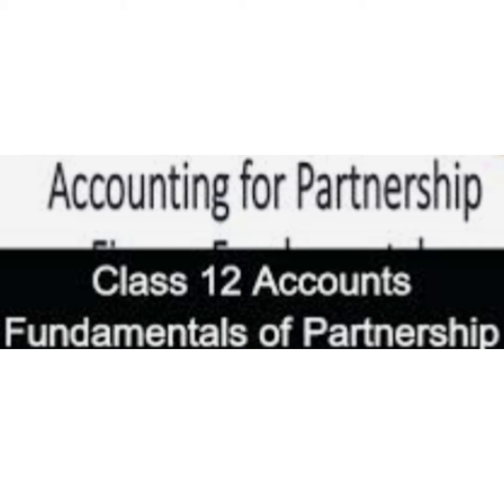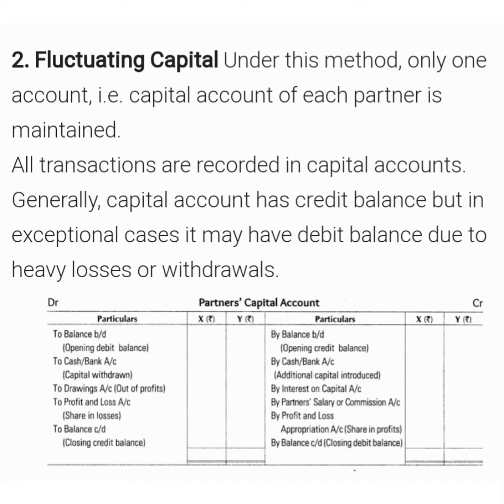In this module, we are going to learn about fluctuating capital method. The word fluctuating means changing. So the balance of fluctuating capital accounts are allowed to increase or decrease. This is why all the items relating to capital accounts are recorded in the capital accounts itself, not the current accounts as in the case of fixed capital accounts. These items may be interest on capital, drawings, interest on drawings, profit or loss on revaluation of assets and liabilities, undivided profits accounts, and so on.